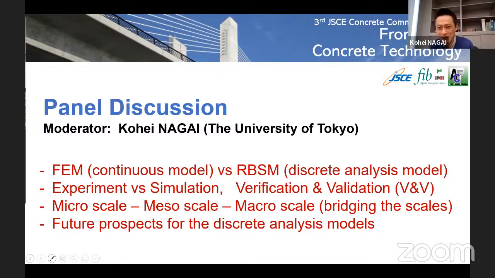Okay, so let's ask Professor Bolander. We could do microscale or mesoscale analysis and then feed that into the spring properties. It's the same in finite elements, where you do a lower scale analysis and use it for the integration points. I see a parallel there between finite element technologies and what we're doing with discrete models. I think both can benefit from multi-scale approaches.